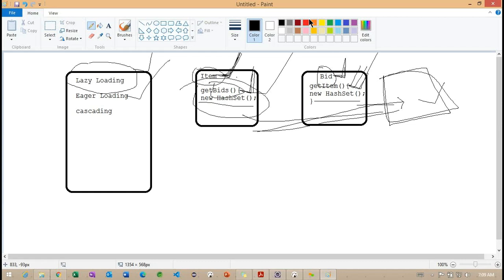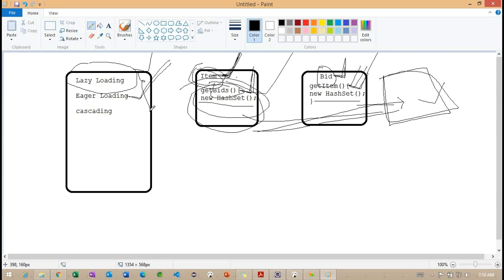But here we are wasting our memory. We need only the item information, we don't want the dependent object information. Even though we don't want to load the dependent information, whenever we work with eager loading, the dependent objects are going to load. While loading the main object, we are also loading the dependent object. So these are lazy loading and eager loading.